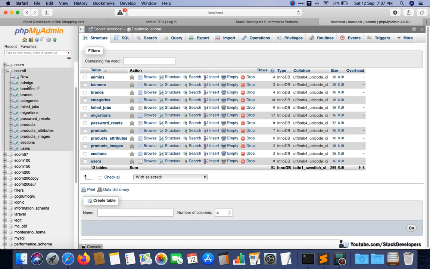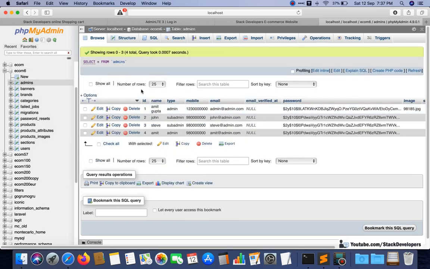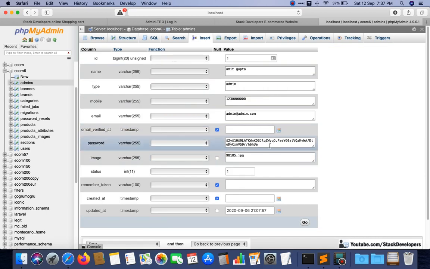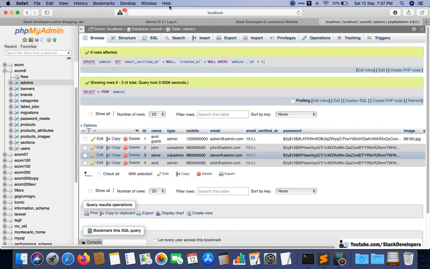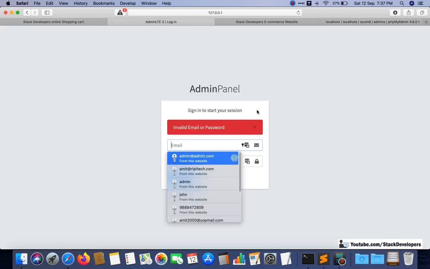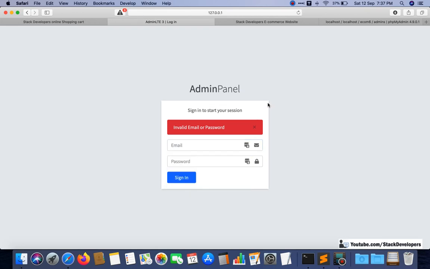Okay, ecom6 admins, here edit. I'm going to change it, but it still seems to be the same. So maybe it is not logged in because we have upgraded our project to Laravel 8 maybe.